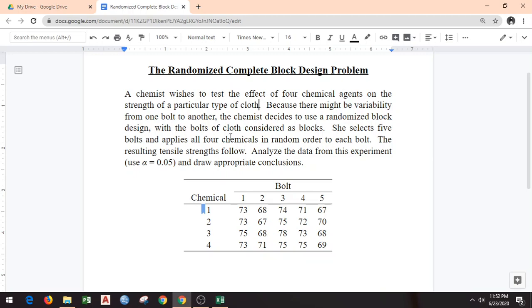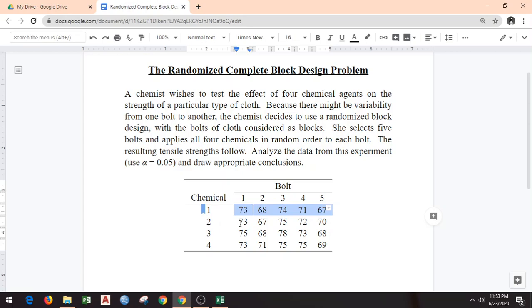The resulting tensile strength observations or readings are given in this table. So she selected 5 different bolts of cloth and applied all 4 chemicals to each bolt. If you take chemical agent 1, there are 5 experiments.